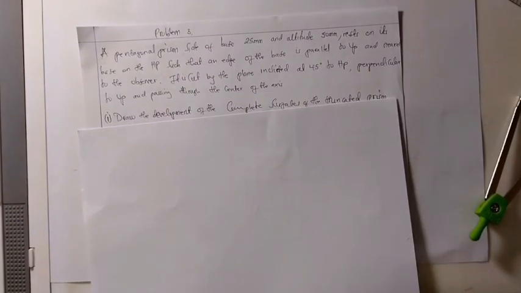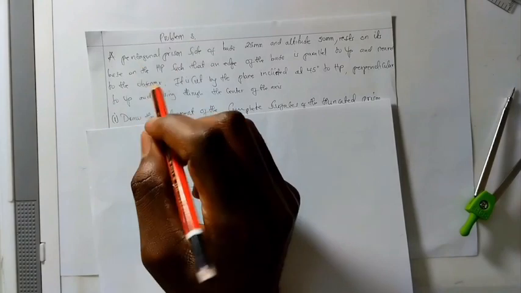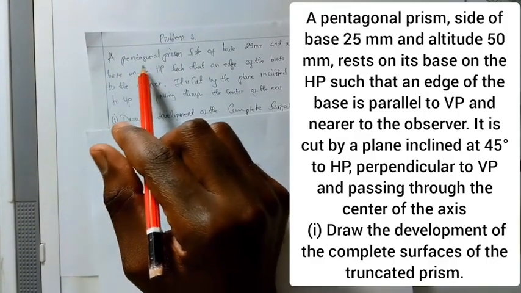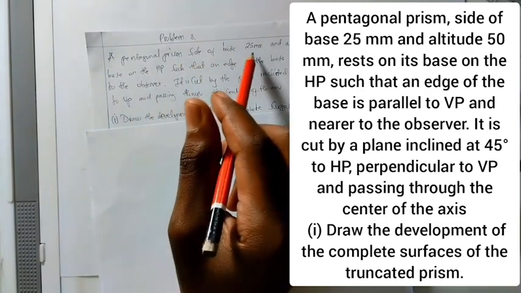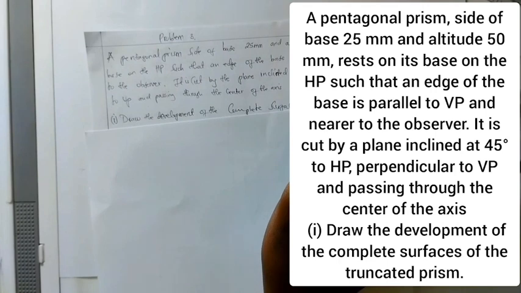Our discussion is about the section of the solid and the development of the surface. We have this question we need to solve. The question states that a pentagonal prism, side of base 25 mm and altitude 50 mm, rests on its